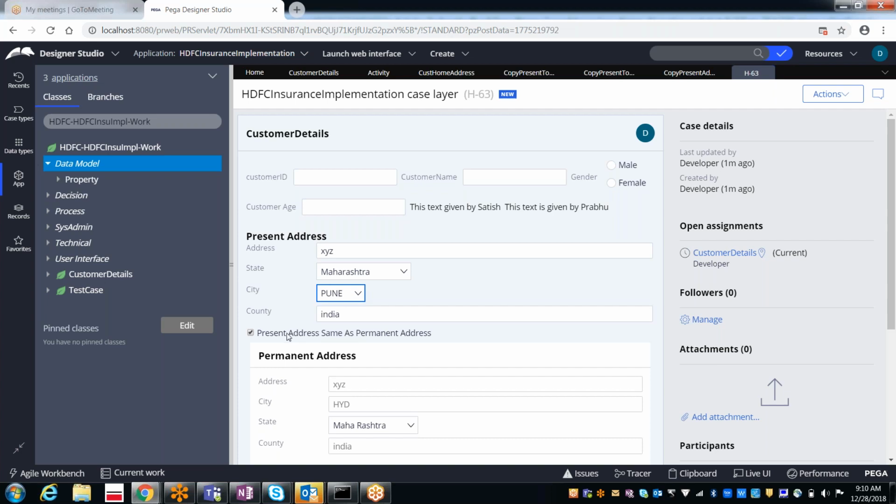So what exactly is next? Pune. Here it is getting PU. That means it is taking the value. For Pune, we have given the value PU, right? The value is different, and the display text is different, so it is taking those values actually. So that value is not available. For Maharashtra, the value is MH. So that is not there here.